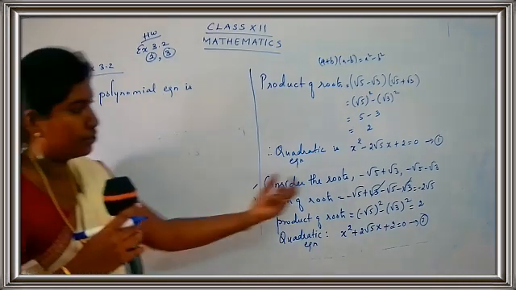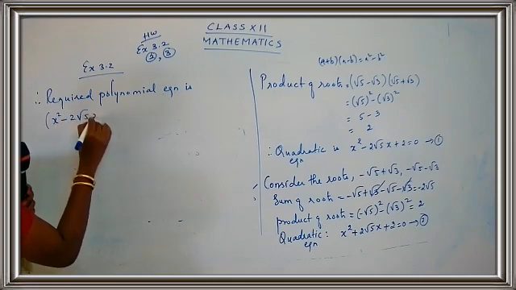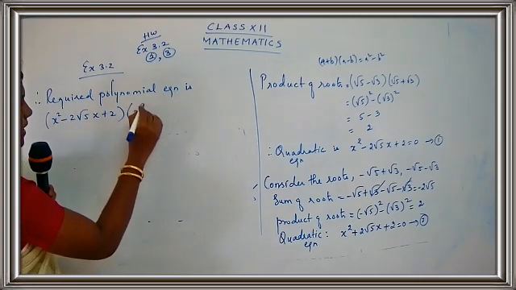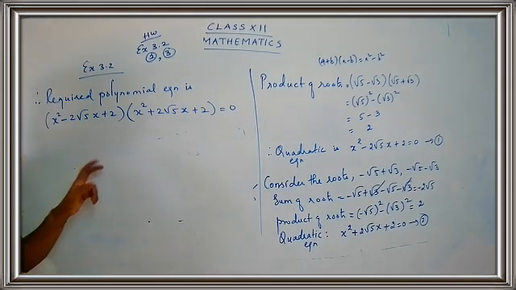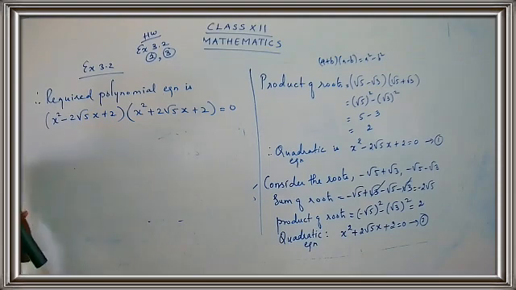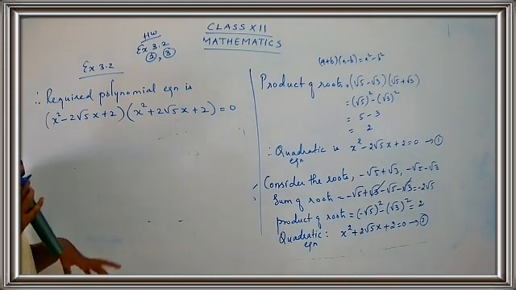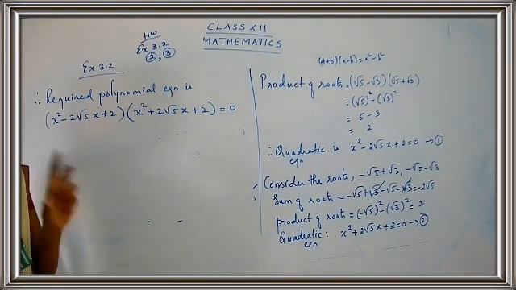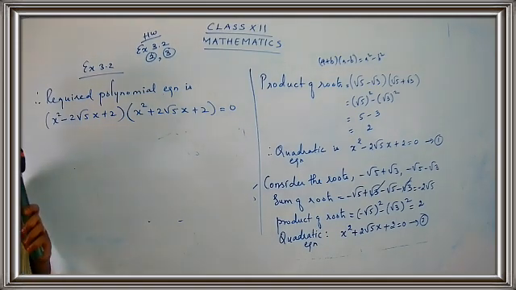you're just going to take these two. So you'll take this, see, x square minus 2 root 5x plus 2, x square plus 2 root 5x plus 2 is equal to 0. We're going to multiply the two equations, the two factors. If you just go for a normal calculation, you will get a lot of terms and it will be a confusing thing. So you are just going to arrange the terms and try whether we can apply the identity.